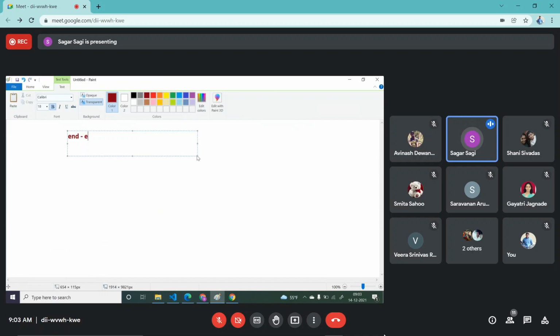End-to-end means I will explain the basics of Express.js and MongoDB. We will use MongoDB Cloud, so we have to create an account there, and we will create our own React application and see complete CRUD operations.